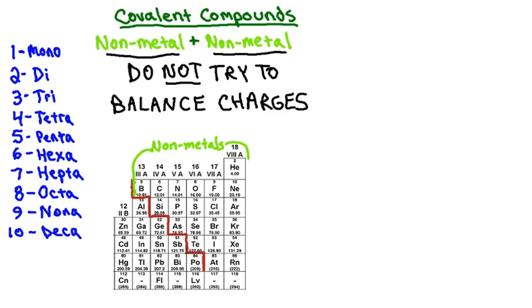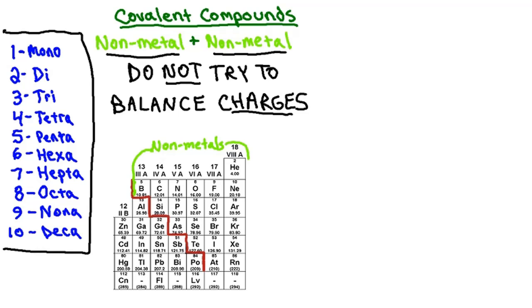We're not worried about the charges in covalent compounds. What we are concerned with when we're writing covalent compounds is the number of atoms of each element in that formula, which is why we have this little section over here and what these numbers represent,